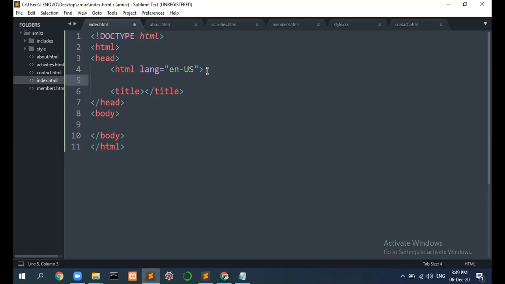Then next I will add another meta tag, meta charset equal to UTF-8. Okay, we won't be using special characters, the non-UTF characters. So while coding, our code won't have those characters. Your content can have them, suppose you have a big paragraph, you can have those non-UTF characters in that paragraph, but you cannot have those non-UTF characters